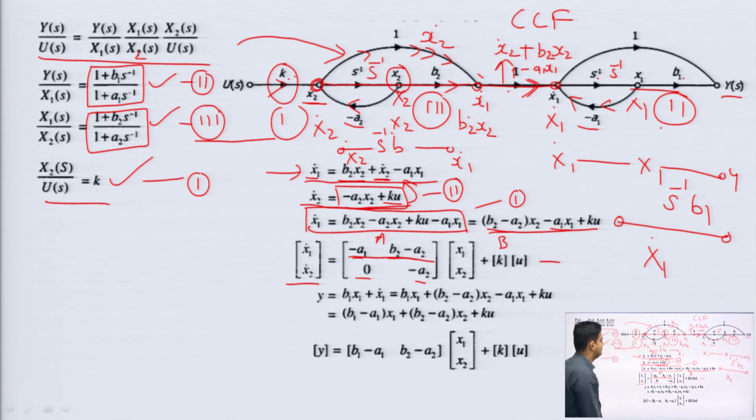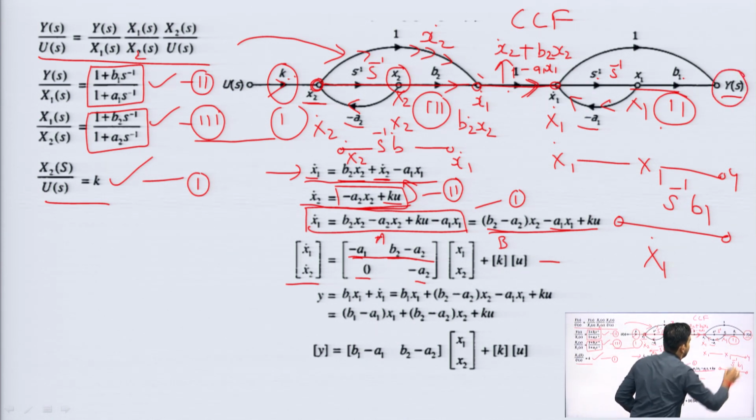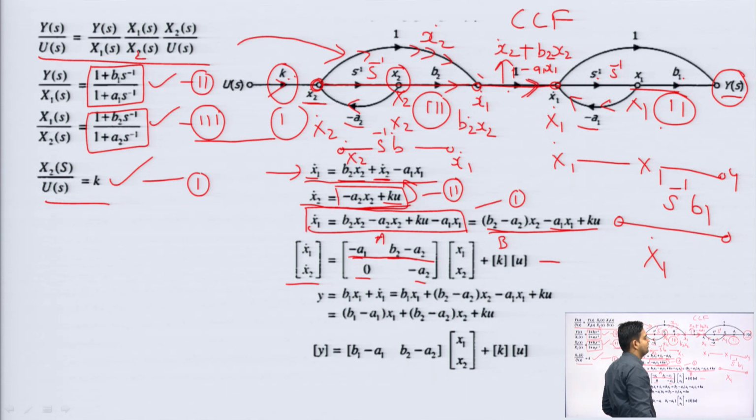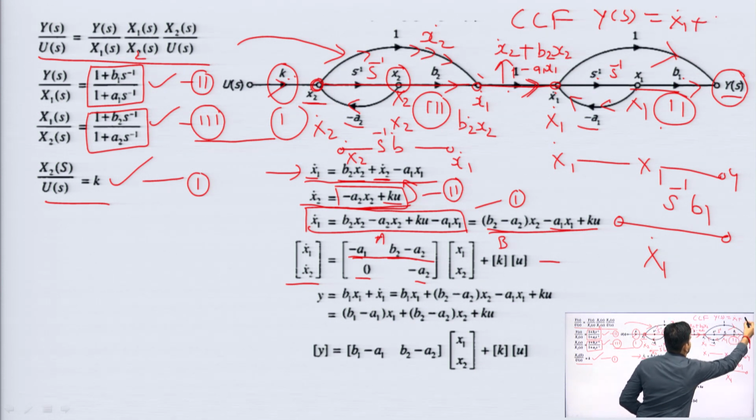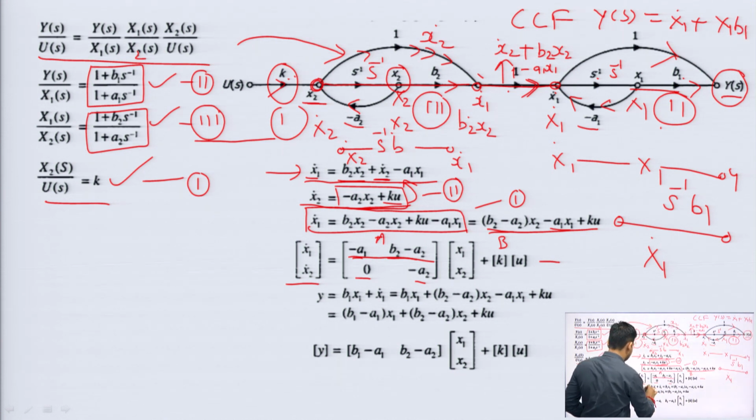Now, what about the C matrix? It means we need to write the expression for y, then I will get the C matrix. So, what would be the expression of y? It is a combination of two signals coming from here, you can say this feed forward path and this path. Here x1 dot is present. So, I can say y is equal to x1 dot, because the gain of this path is 1, and the second is coming from b1, the dummy node x1. So, I can write plus x1 b1. So, this is my expression for y.